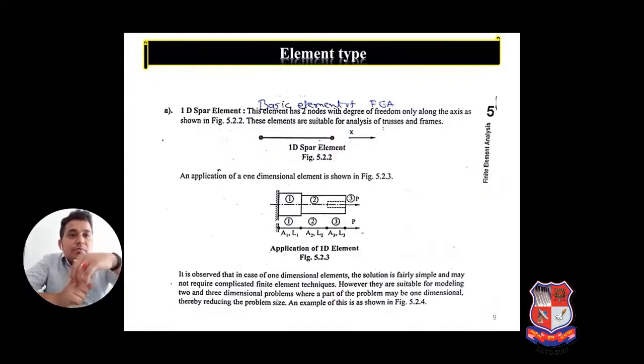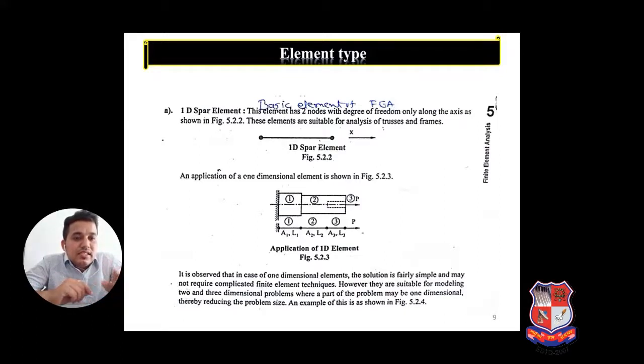As per our standard book by Fagan and Hyderi, here I would like to explain the 1D element, which is required for a small beam, a small element or a single component. As you see in the figure, an application of the 1D element is a stepped bar. We convert it into elements. Each element has particular properties: A1 L1, A2 L2, A3 L3. A is the cross-section area and L is the length.